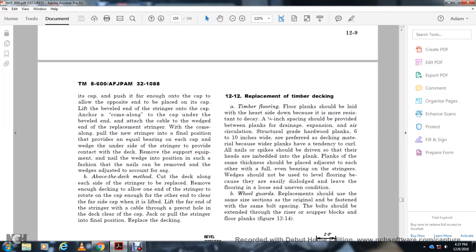Alright, 12-12. Replacing the timber deck and the timber floor. The floor planks shall be laid with the heart side down with the more resistance to decay. The 1/4 inch space should be provided between the planks with the drainage expansion for the air circulation. Structural grade hardwood plank, 6 to 10 inches wide, with the preferred decking material to be cut with the wire